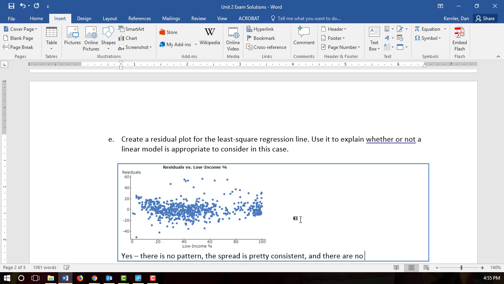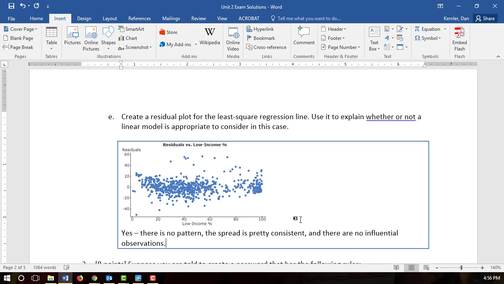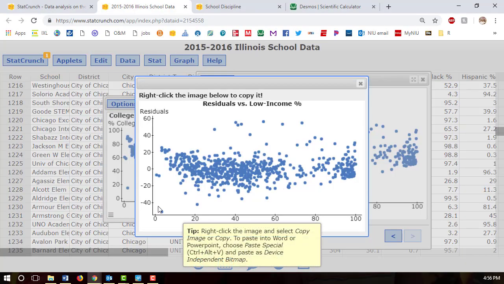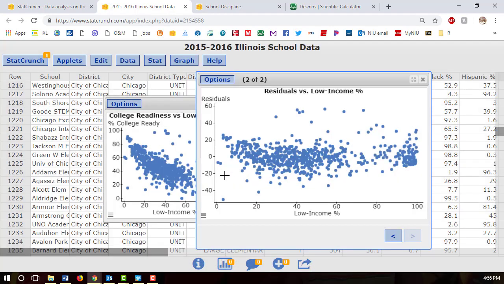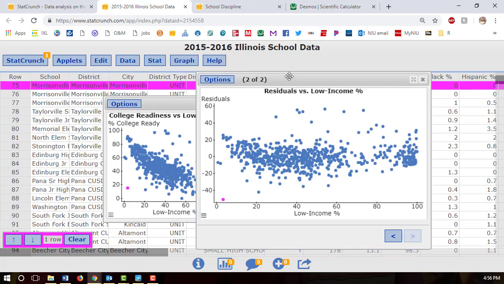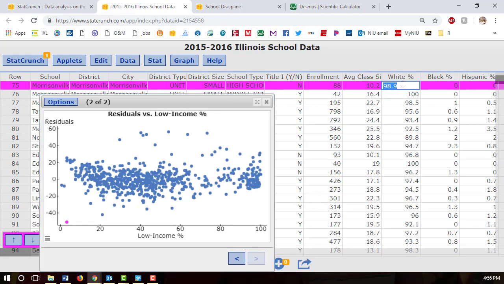And there are no influential observations. Now, it actually isn't clear. This one might be influential down here. Let's maybe go find it. I didn't need you to do this because there's all these points here. We basically talked about this in class, but let's go to that row and then just take out